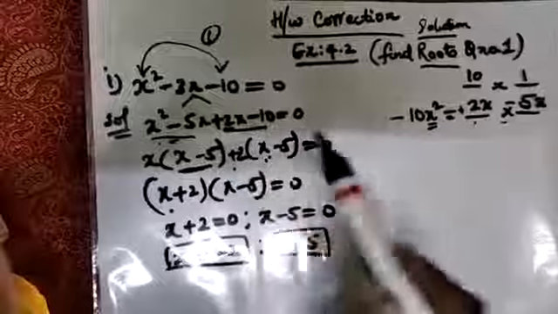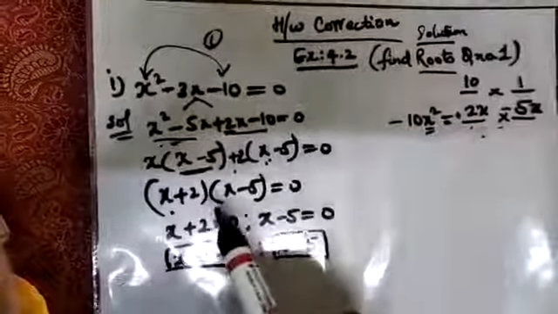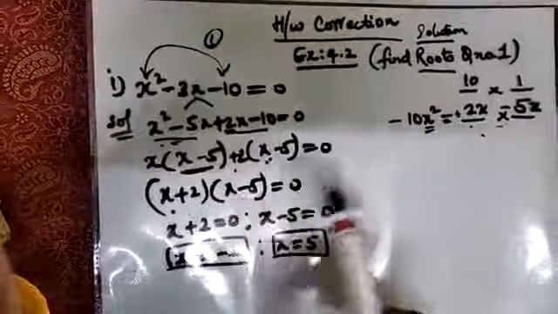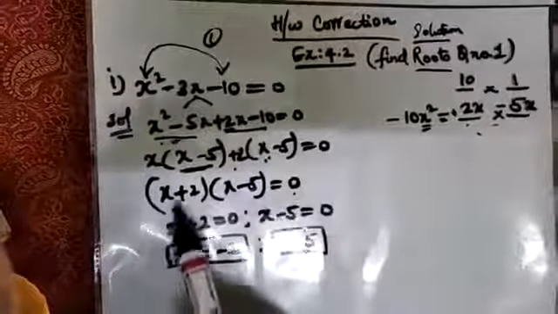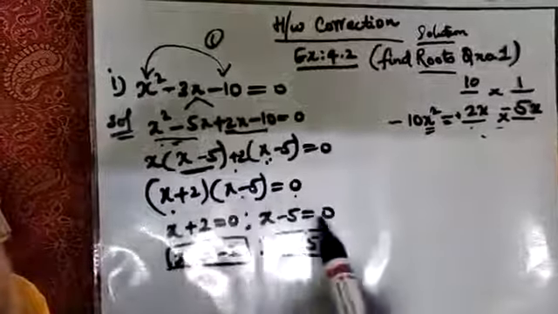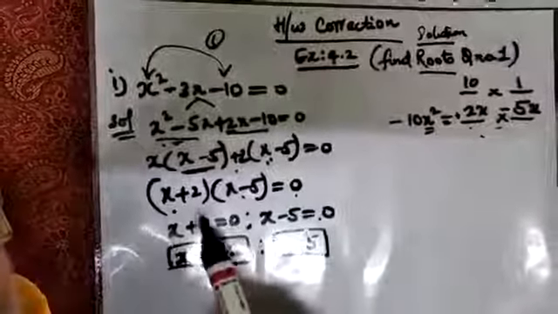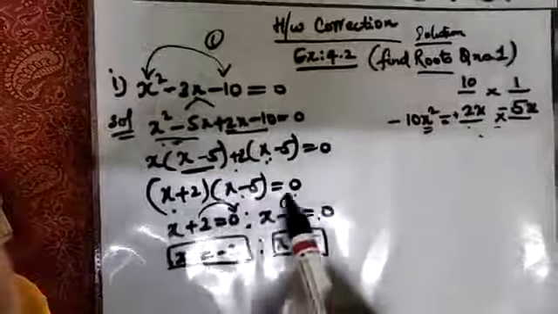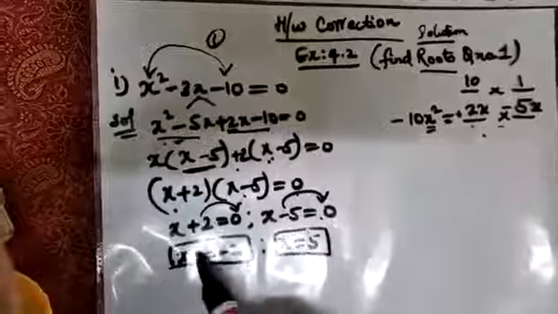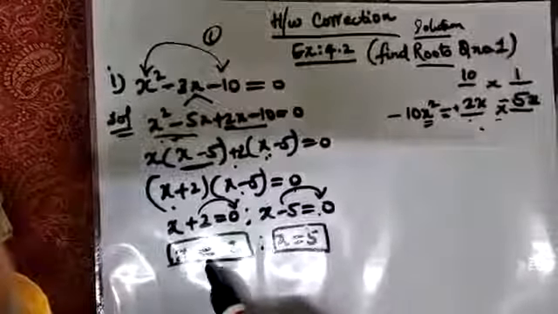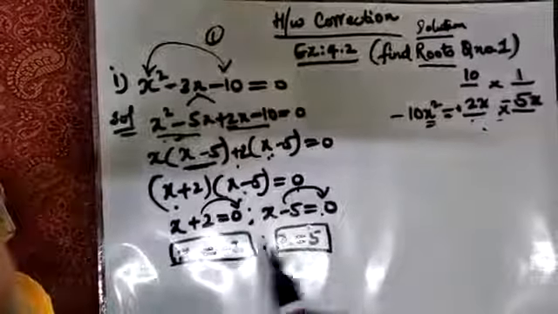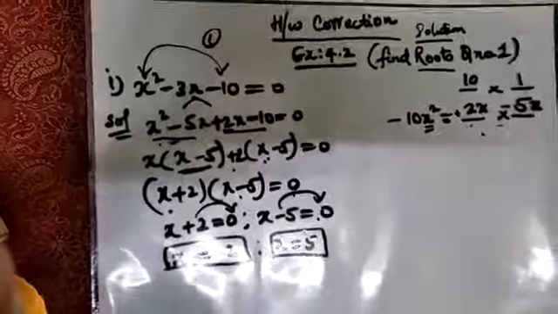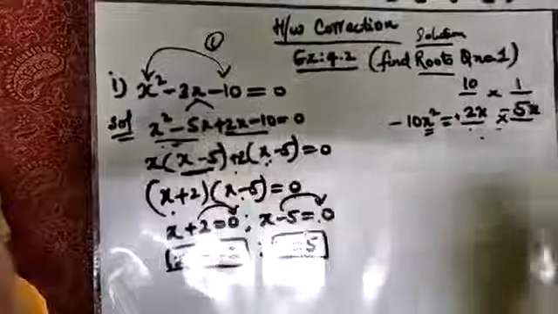So please do check your factorization here which you have done. Now x minus 5 only one time equals to 0, and this 0 is for both the things. So x plus 2 equals to 0, x minus 5 equals to 0. I want the value of the variable. So what I will be doing, I will transpose the constants here. So x plus 2 will become minus 2. X minus 5, this becomes plus 5. So these are the two roots which I needed to find to solve this particular equation.